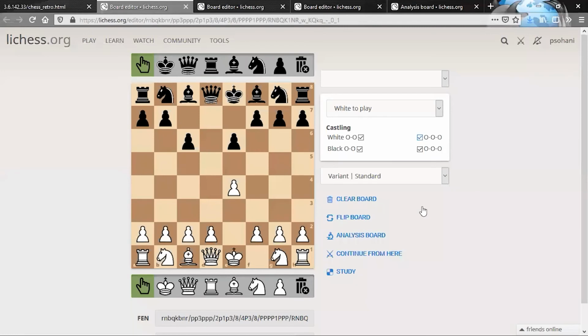So something like this probably happened: white played this move, black played this move, then white played this move. Still there's a problem. Now white is going to capture here, but until that capture happens, this black pawn cannot move ahead. So what should black play which will not prevent the white bishop from capturing this pawn? And that's not the only difficulty. The difficulty is further, the white bishop has also disappeared. So somebody captured the white bishop, and if the capture happened on this square, it cannot be captured by a black pawn.